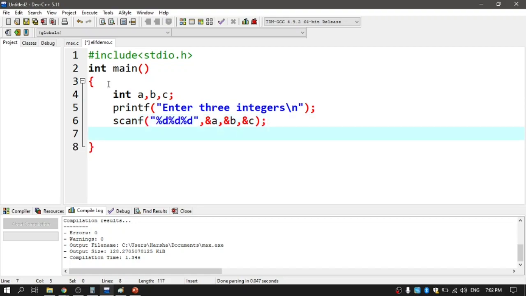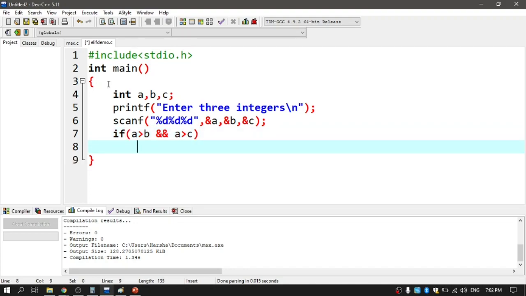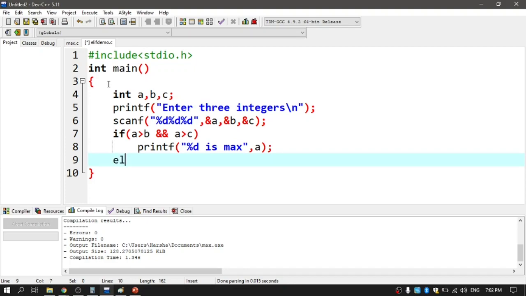Then I'm writing something like if a greater than b and a greater than c. This is my first condition. What is the meaning of it? If a is greater than both b and c, then printf %d is max. Now what is max? A is max, right? Simply I can have a is max,